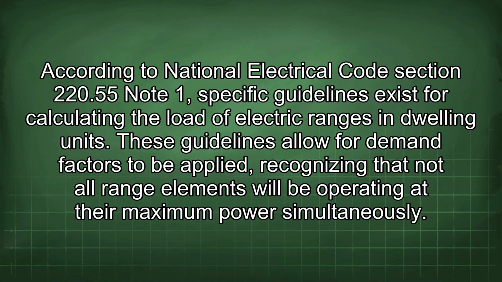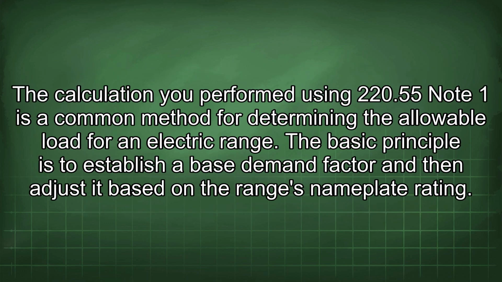According to National Electrical Code Section 220.55 Note 1, specific guidelines exist for calculating the load of electric ranges and dwelling units. These guidelines allow for demand factors to be applied, recognizing that not all range elements will be operating at their maximum power simultaneously. The calculation you performed using 220.55 Note 1 is a common method for determining the allowable load